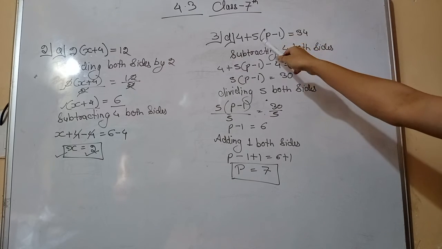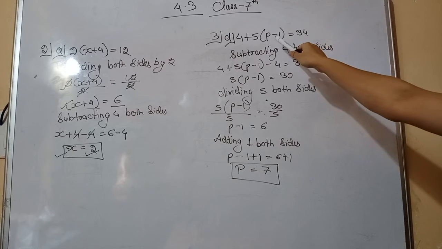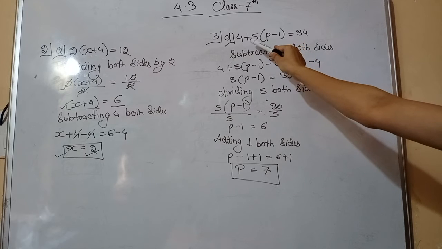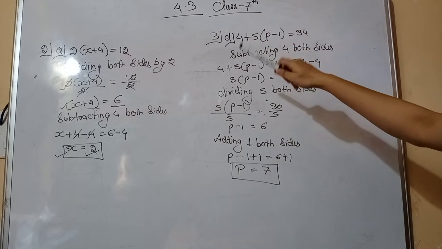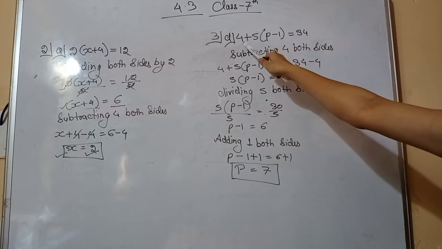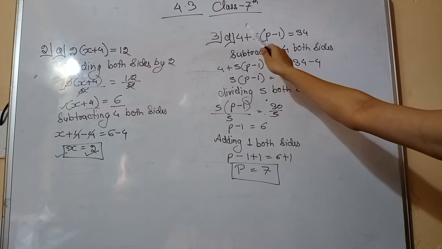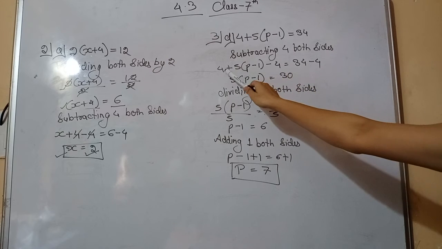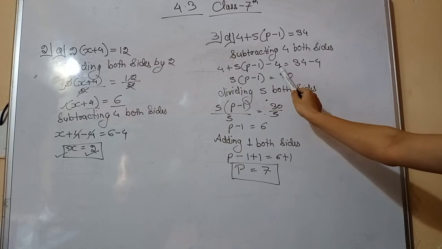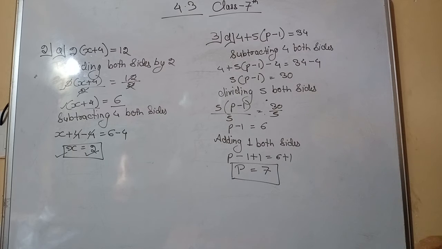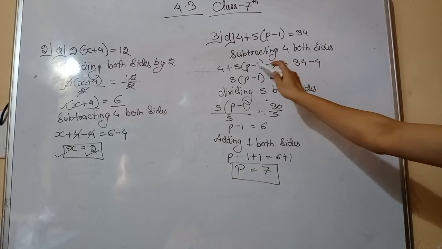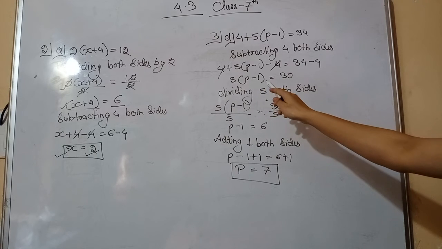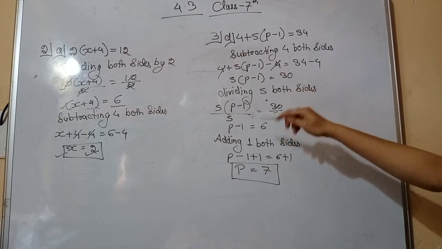Here are constants, we can say 3 constants on the variable side. Variable is p, 1 is also on p side, 5 is also on p side and 4 is also on p side. So what we have to do? First we have to solve plus or minus sign. So this 4 is in plus with this variable. So what we will do? Subtracting 4 both sides. So 4 + 5p - 1, subtracting 4 this side and subtracting 4 this side. Now here you can see this is a minus 4 and this is a plus 4. These two cancel out. What is remaining left? That is 5p - 1. 34 minus 4 gives us 30.